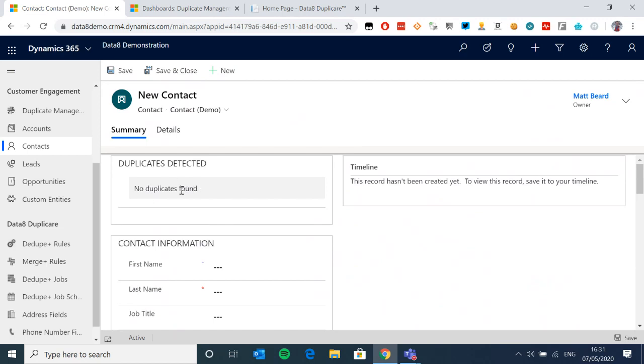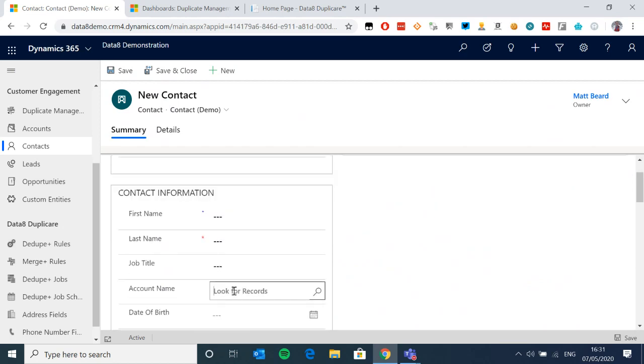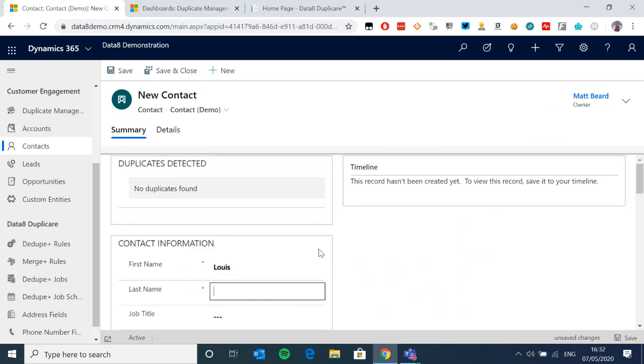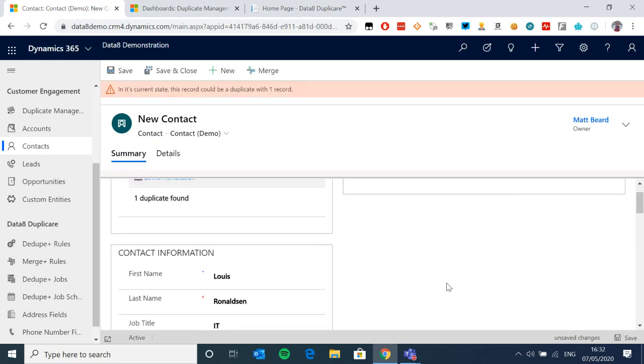This is a PCF that will give you a bit more responsive feedback on when you find your duplicates. So if I was to look for data 8, and I'll use a friend of mine whose name is fantastic for this, I will use Lewis Ronaldson. I start typing, and I will put his job title in there. I've barely done anything. I've just typed out a few fields, and not only have I been prompted this at the top, which is an older feature you may have seen if you've looked at this tool before.